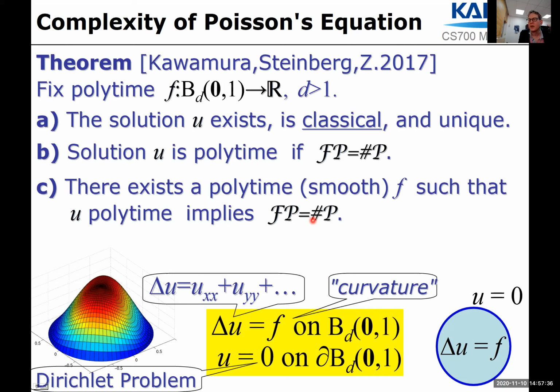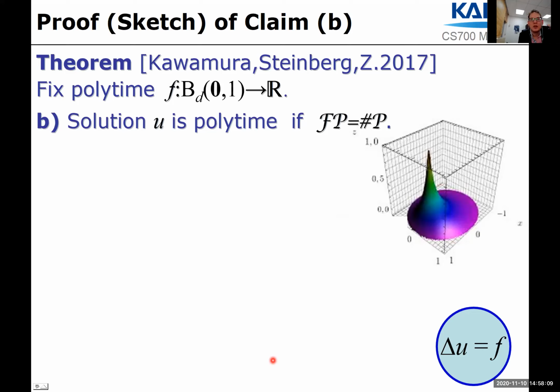But let me also point out that this short statement is actually a drastic oversimplification of the actual statement, which refers to a particular shape of the domain and a particular kind of dependence of the solution operator. Maybe here we have an inhomogeneous right-hand side, and we have a Dirichlet problem where we impose a zero condition on the boundary.